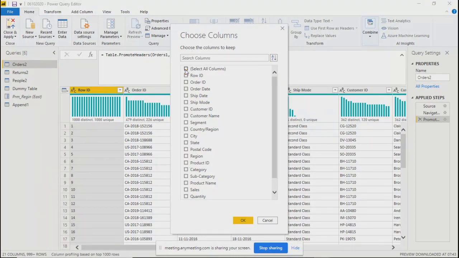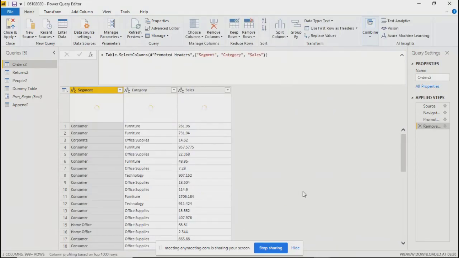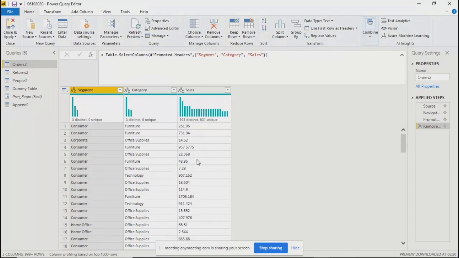I'll uncheck everything, take category, segment and sales, 3 fields to make it more refined. This is my data set: I have segment, category, and sales. Now I want to take the segment values into columns, and below that I want to show this sales.